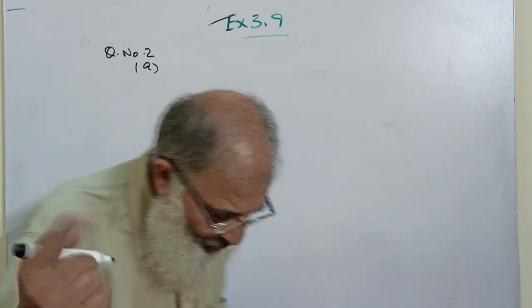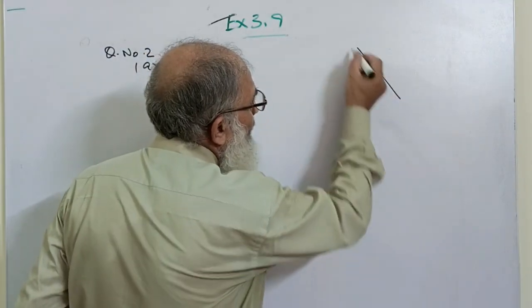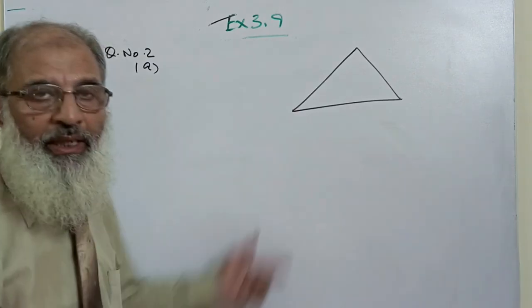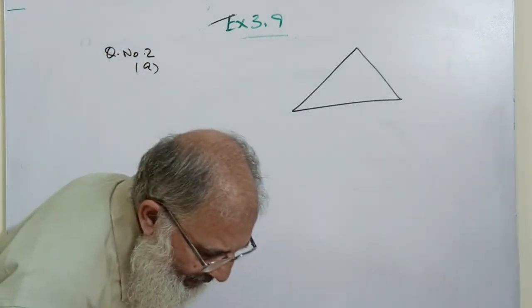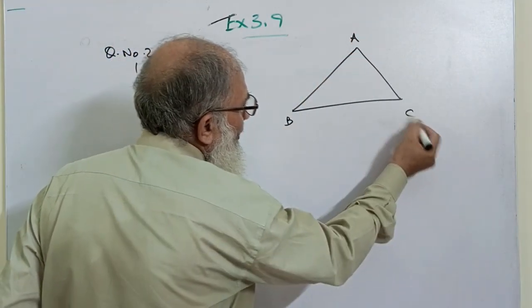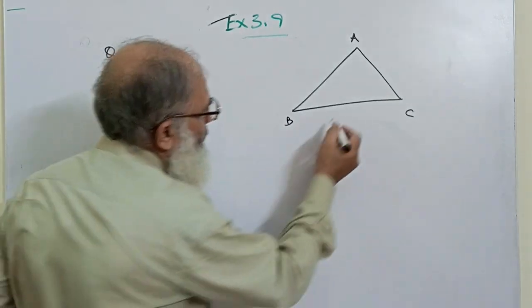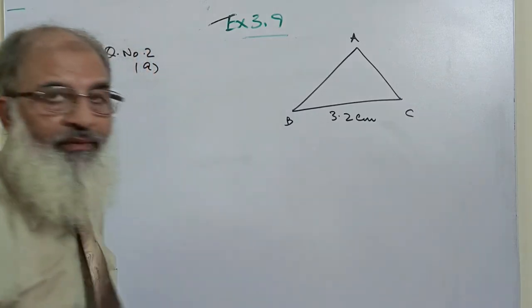So for you to visualize, I am just going to draw a figure over here, which is in your part A, question number 2 part A. It is triangle ABC, and the measures are given 3.2, 1.7, 2.4. 3.2 centimeter. As I told you, that